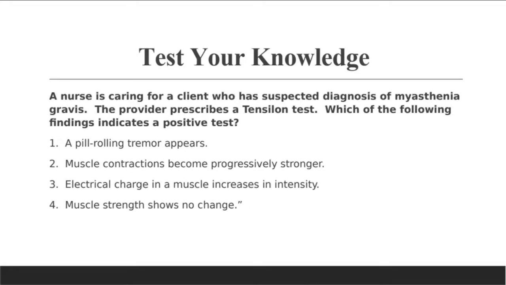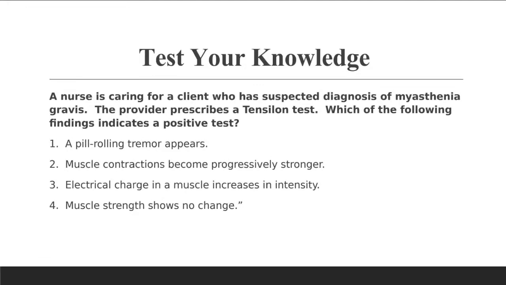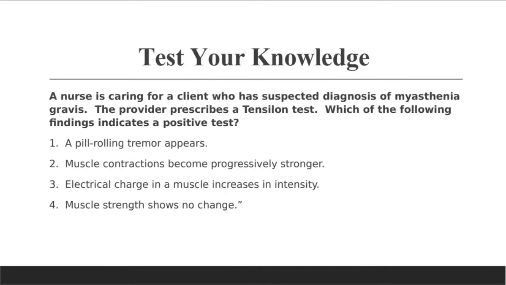So within 4 to 5 minutes, you're going to see that there's an improvement. Yes, less weakness. You're going to see an improvement in strength. If the patient doesn't have myasthenia gravis and you do the tensilon test, there will be no change. There'll be no change in muscle strength. Okay, got it? Now,